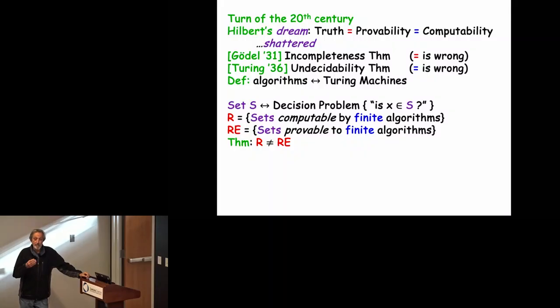I prefer that in both cases, you get an element, and you have to decide whether it's in the set or not. In the first case, R, the decidable problems, you should do it on your own. You have an algorithm to decide yes or no, and you stop. In the second, you can get help from God or anybody who knows, from an unbounded entity that just convinces you that this is in the set.